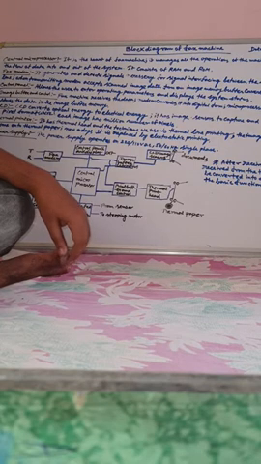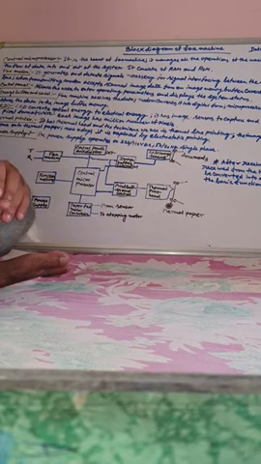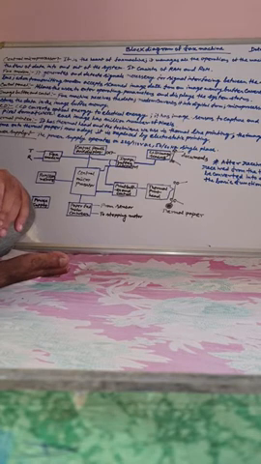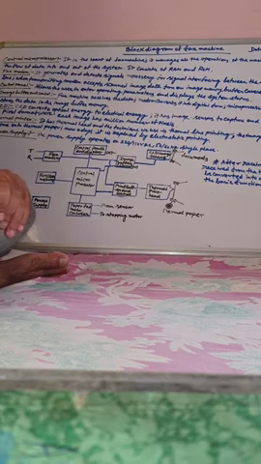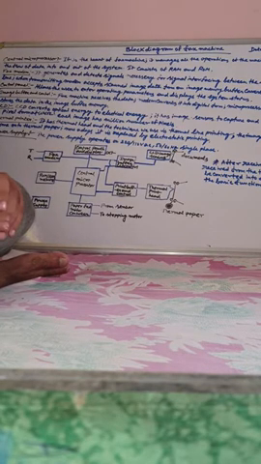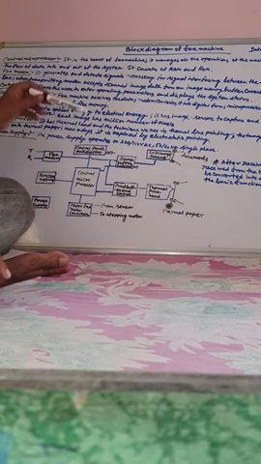So first, it will generate and detect signals for interfacing between the machine and the telephone. It accepts the scanned image data from the image buffer memory, then converts it into analog form. After receiving the data in analog form from the telephone network, there is an ADC, analog to digital converter, which converts the analog data to digital format. This is the basic function of the modem, the fax modem. So you understand everything.